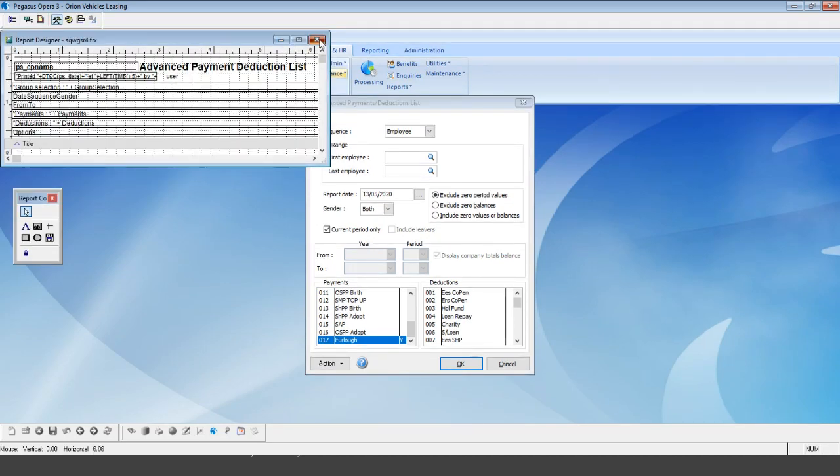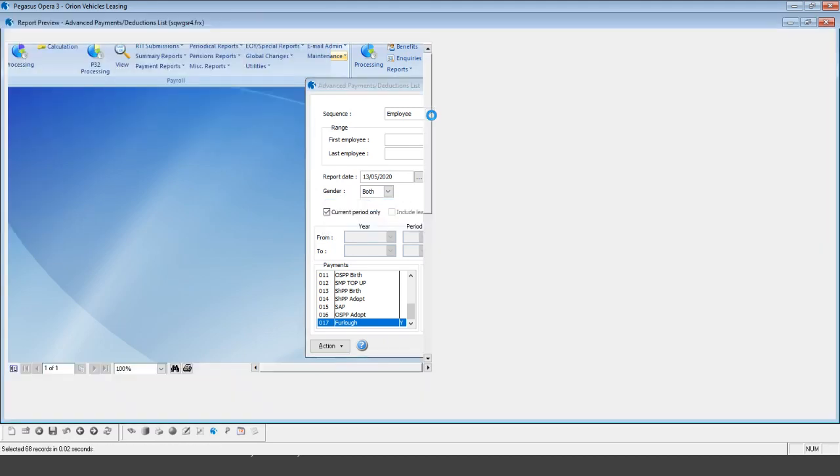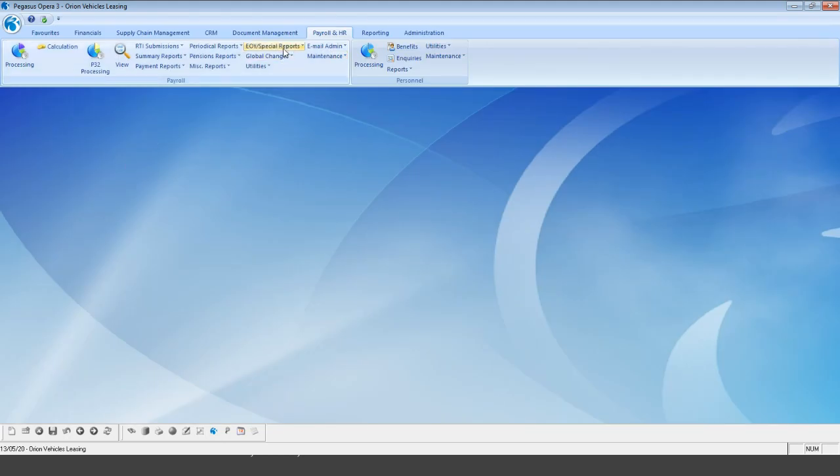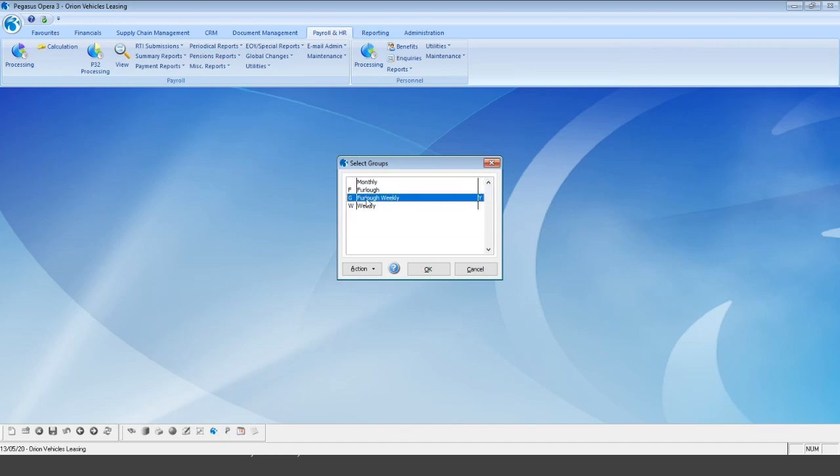Because I'm logged in as the administrator, I do get the designer. That's not something you would usually get. But as you can see, automatically it's picked up my employee that I've calculated. It's also confirmed the totals for her value and also the 796.64 with regards to the payments that are applicable. If we take a look at that in Excel, so back into EOY special reports and advanced pay deductions,